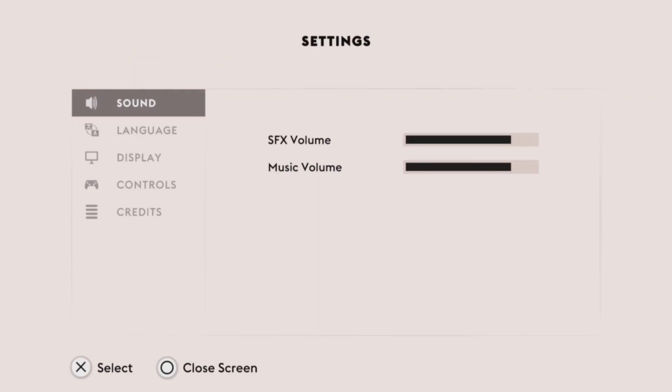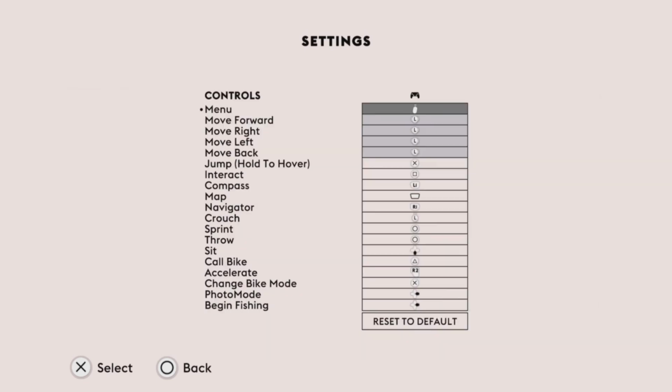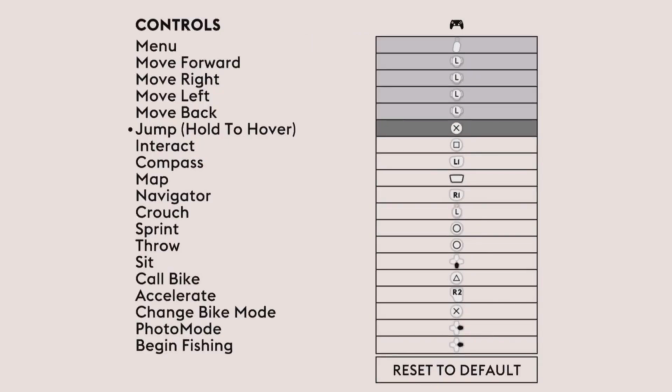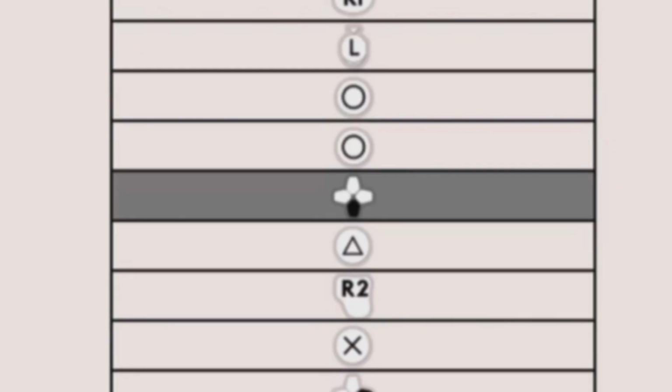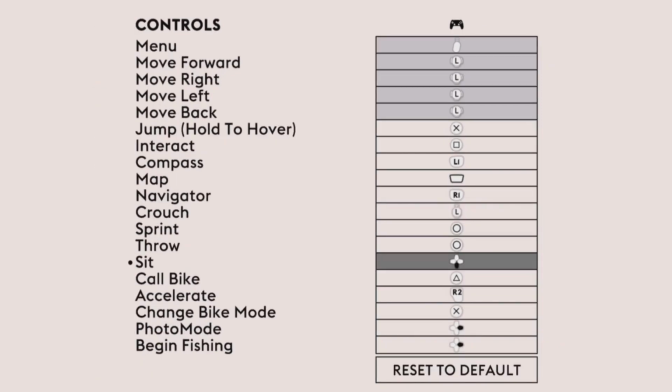Alright. Settings. What do we got? Jump, hold to hover, interact, compass on the left trigger, map on this main big button, navigator, R1. Is that my ride thing? Crouch by clicking the left stick, okay. Sprint, throw, sit, I guess down? Is that what it's telling me? Call bike. Okay, so triangle is the bike. So navigator is probably just to see like the map or a compass or something. But a compass has its own button, so